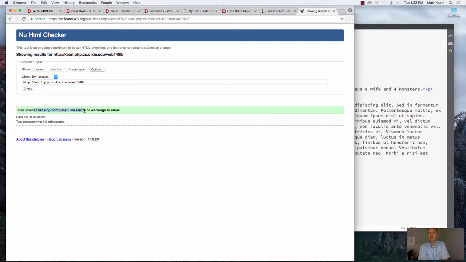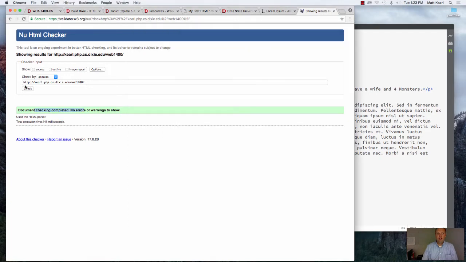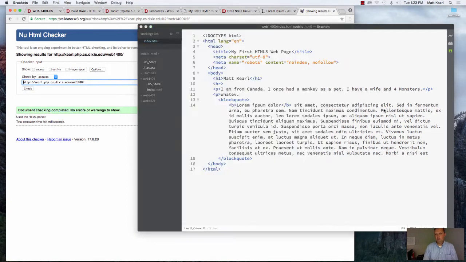So again, like I said before, 20% of your grade on your assignments is your validation, okay? If you guys just want to do a quick check every now and then to make sure you're writing clean code, just validate it. One thing you'll find, though, is, for example, maybe I'll take out this paragraph closing tag right here, okay? It is not valid, and I could check that again to show that,